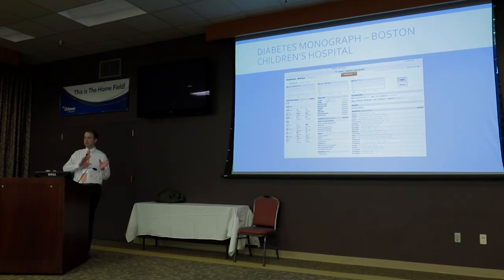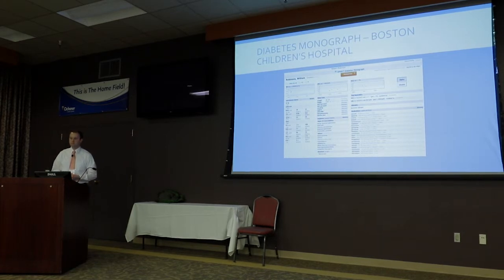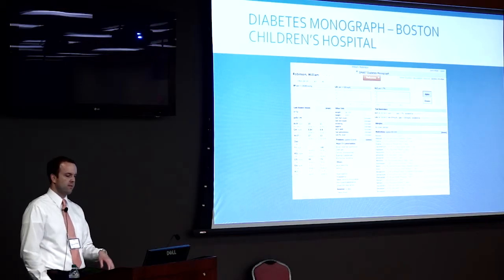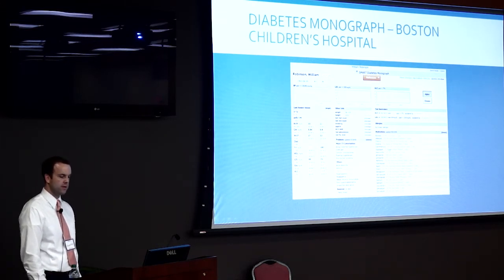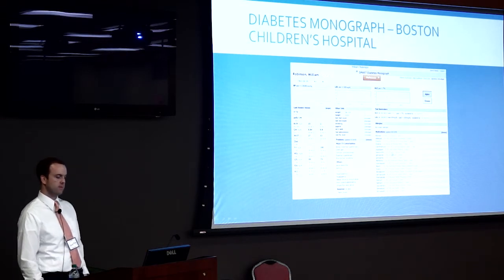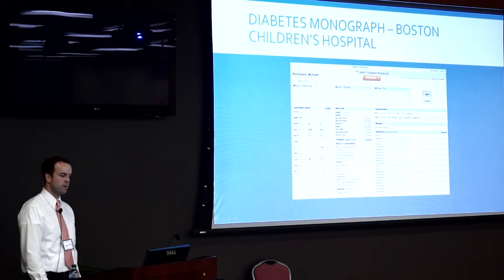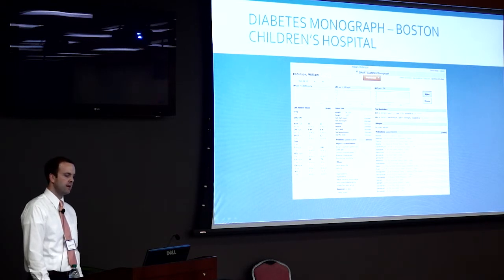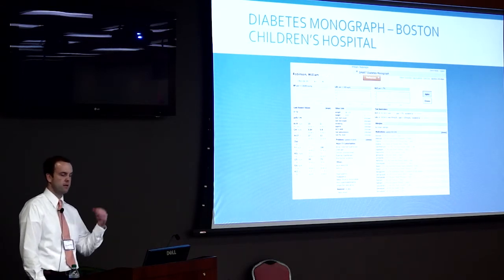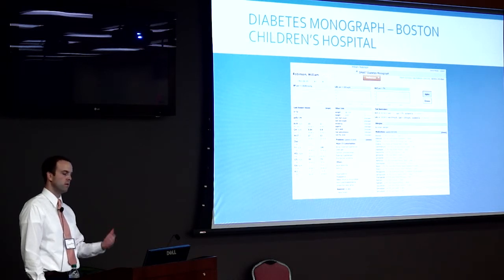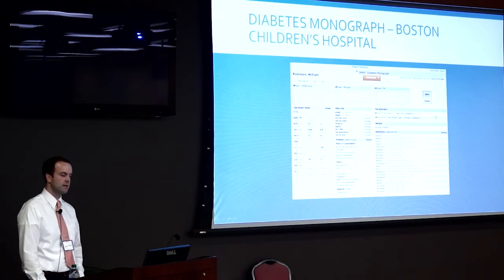With that, I'll kind of jump into the app portion. So the diabetes monograph with Boston Children's Hospital, which was obviously produced in Boston Children's Hospital. This is just kind of a picture of the app itself. Just kind of going over some of the medications we went over. There's a lot of diabetes medications on here, CV, comorbidities, things like that. If you notice though, the test reminders, A1C, remember we talked about it, quarterly if you're not controlled, or biannually if you're controlled. So this is important. A1C of 8.6, goal of less than 7, things like that.